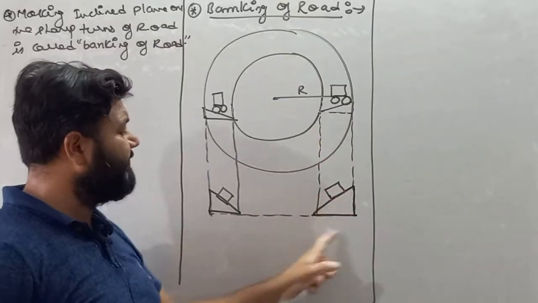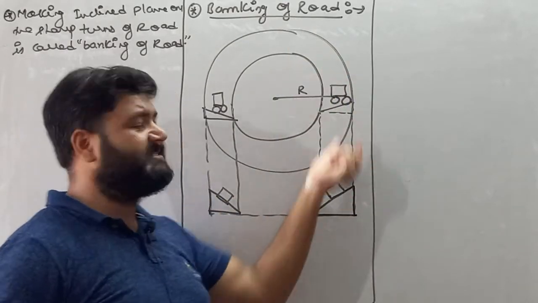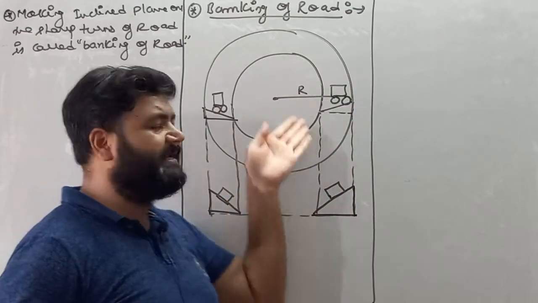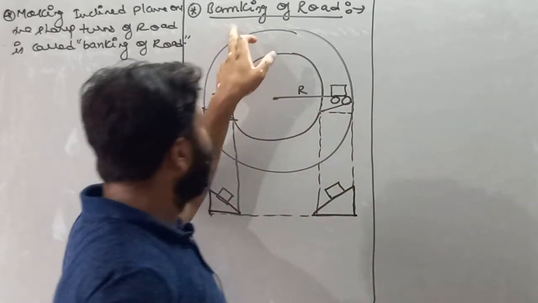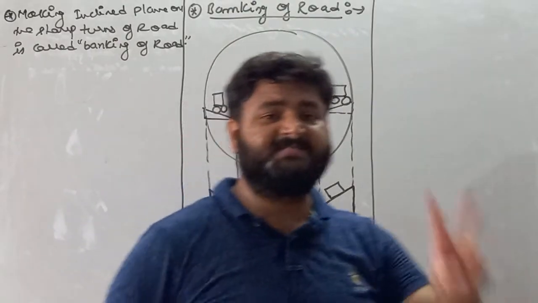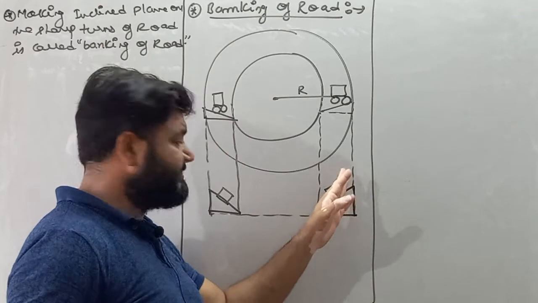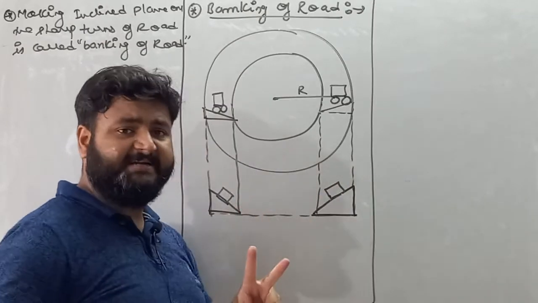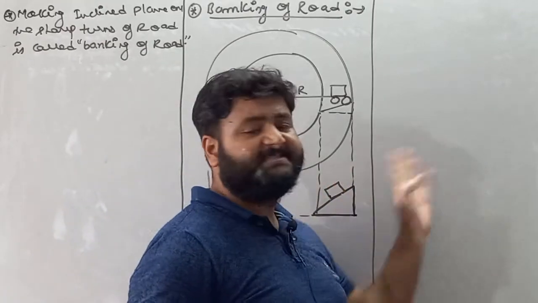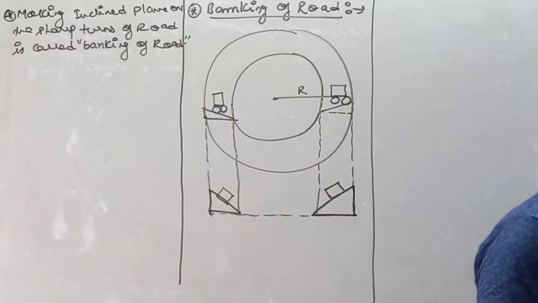So here we have an inclined plane, this is a sharp turn which is present on the road. Making an inclined plane on the road is called banking of road. In case of banking of road, we'll discuss two different things. First, if the vehicle slides down, and second, if the vehicle slides up. So write down in banking of road,